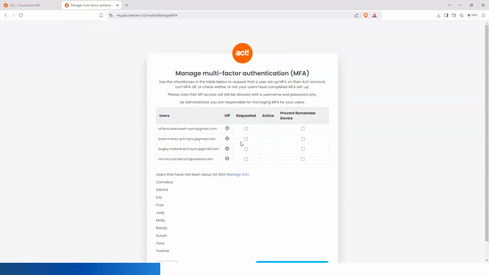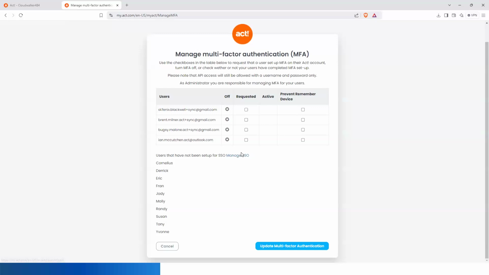When I click that, it's going to show me all of the users in my system and it's going to separate them. I have users that have been set up for single sign-on and some that have not. The ones I have that are not set up, these are ones I created in my desktop environment. But when I moved to the cloud, now my users have to log in by email address. And in order to do that, they had to be set up with SSO. If you have some users that are like this, just click this Manage SSO button to set them up with an email address.